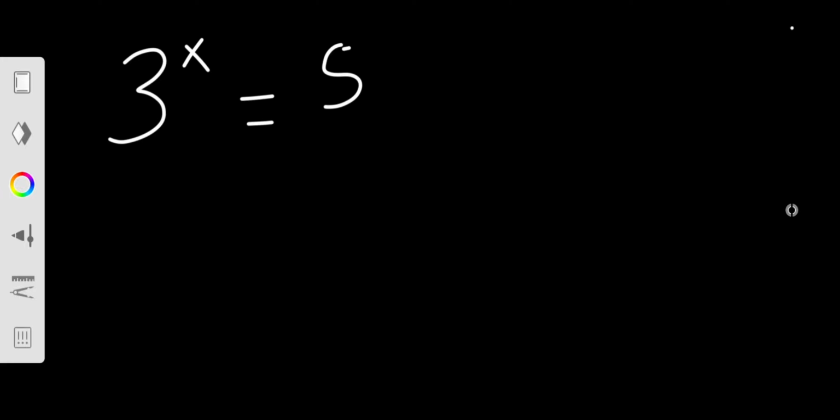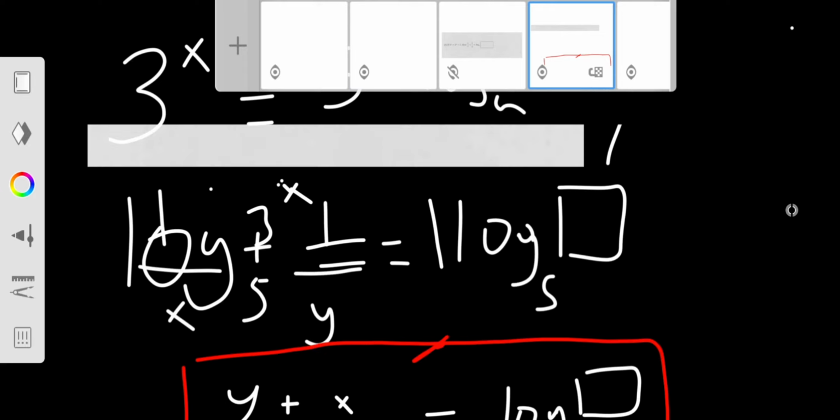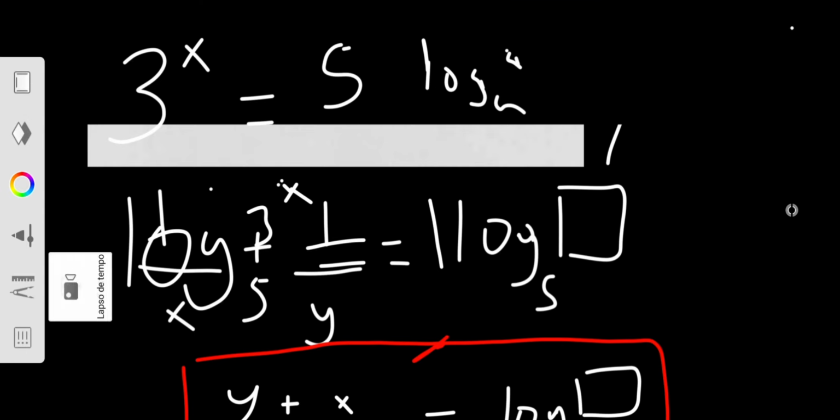So here I'm going to start using the logarithms. Log of 3 to the power of x, and I'm going to choose the base. The base I'm going to choose is 5. Why did I choose 5? Number 1, because here we have 5, so log of something in the base of something is 1, right? So log of 5 in the base of 5 is 1. And why did I choose 5 again? Because remember, in our answer, we found the thing that we wanted to do,